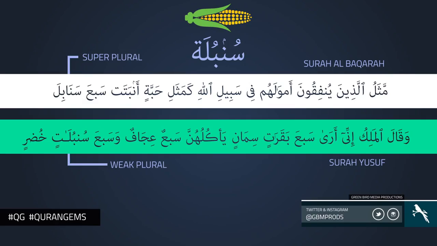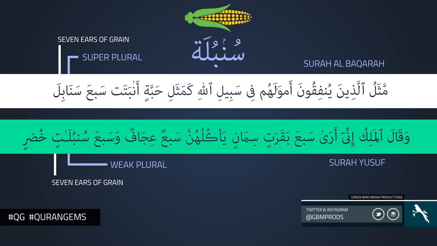Then how come one is more powerful and one is weaker? You would say if one is 75 and the other is 7, okay, I understand this one's more powerful and this one is weaker. But mathematically speaking, both of them in number are the same. Now in English translation, it says 7 ears of grain in Surah Al-Baqarah. And when you go to Surah Yusuf, what does it say? 7 ears of grain. The translation is identical. There is no difference in translation. But Allah chose to use the powerful plural in Baqarah and the weaker plural in Surah Yusuf.